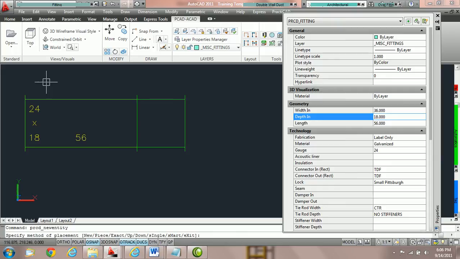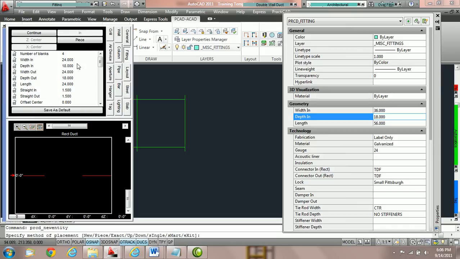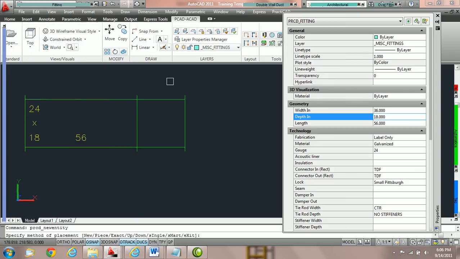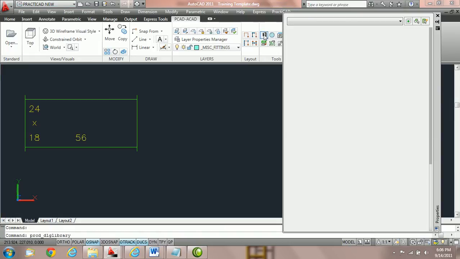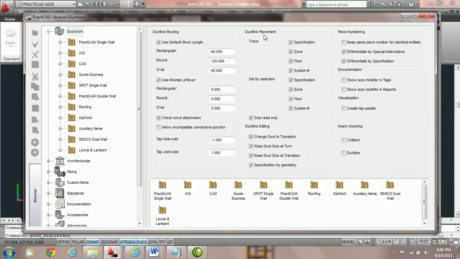duct and not only resized the parameters for width in and depth in to match the duct it was snapped to, but it took the width out and depth out parameters and made sure they match as well. So what it does is it makes sure that the width out and depth out parameters match the width in and depth in whenever you're on continue. If you remove this option, Practicad will only change the width in and depth in to match whatever you're snapping to. To demonstrate that, we're going to go into the library icon, ductwork options, and then we're going to go